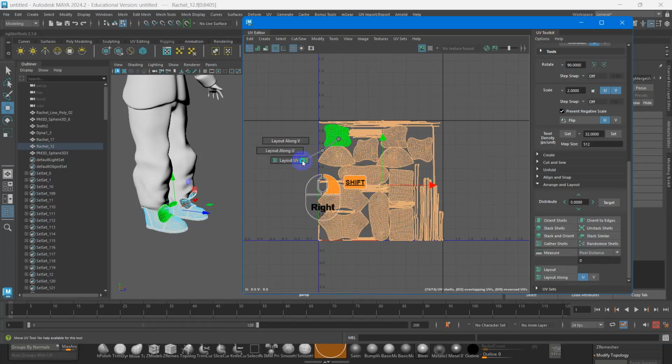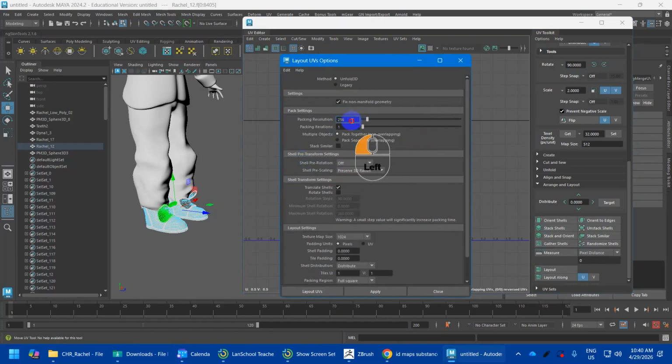Now you can also go back into the layout options, and again, I usually set this resolution, so I'll go to 4096 for the packing resolution. And then again, for the texture map size, 4096. And again, I have a pixel padding of 16 pixels for the shells and the tile. The main reason is that when I bake the material in Substance, I usually extend the pixels of each shell 16 pixels more, so that if there's ever smoothing or a weird seam that sometimes,